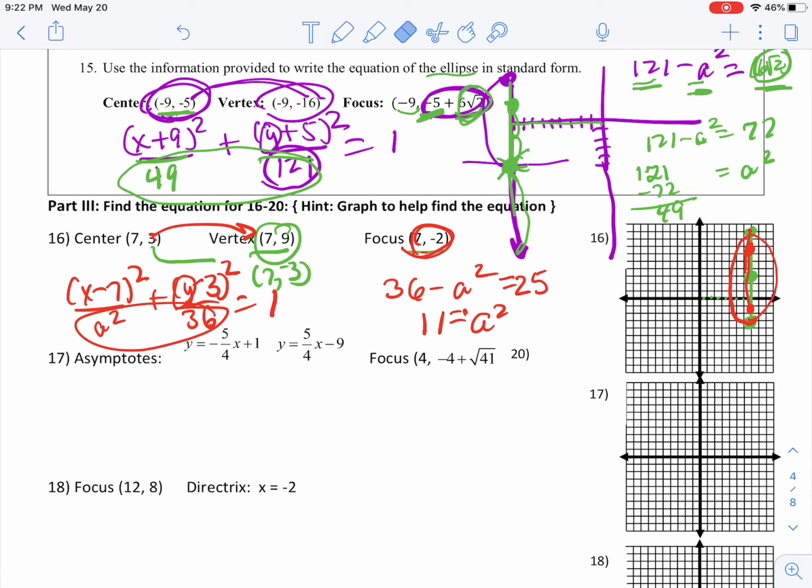36 minus 25. So you knew that this one would be 11. Again, that's a bit more than you would need to have in calculus, but there it is. It makes me feel a little better to do it. All right,